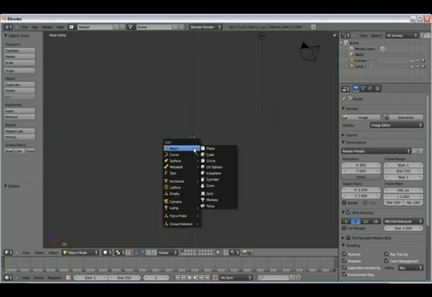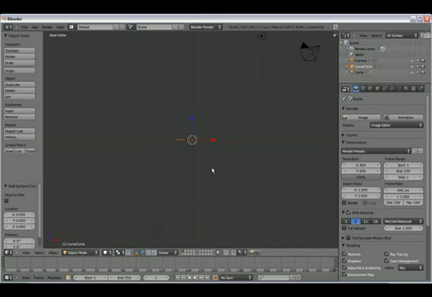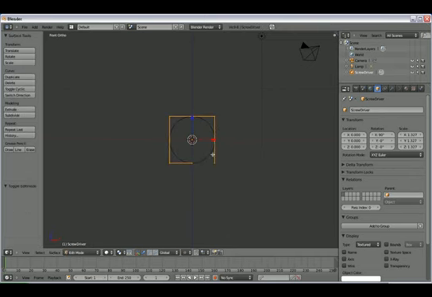So Shift A to add, and then in the surface menu choose a Nurbs circle, and then align it to the viewport. Now you might want to scale it up just a little bit, it's okay. And then I'm going to name it, my lovely naming convention, screwdriver. And then I will tab into the edit mode,